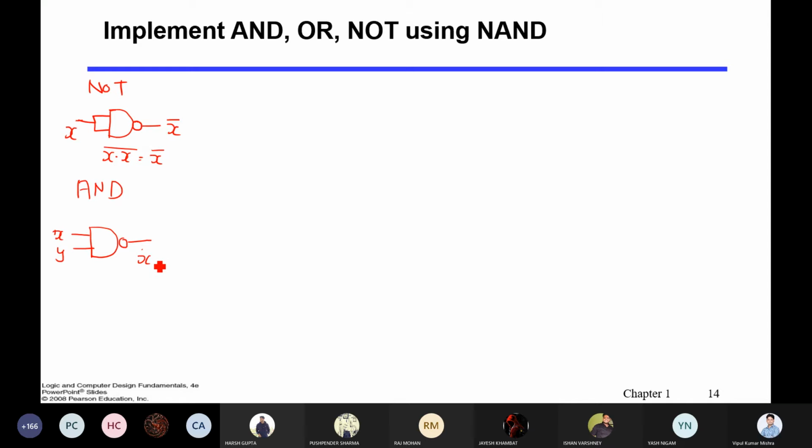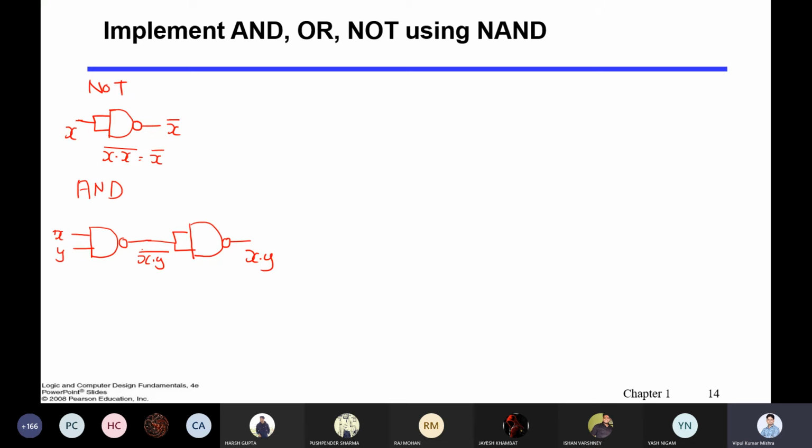X dot Y bar. Now, if I invert this entire quantity, then I will get the AND. So let me make another gate and invert it. X dot Y will go here, and using the NOT concept from before, what you will get here is X dot Y. This bar will be replaced.